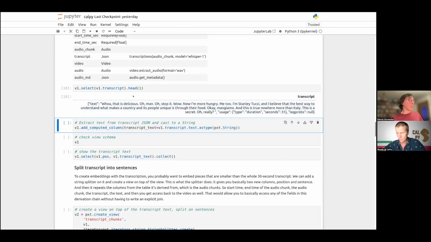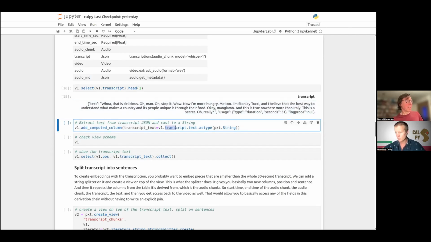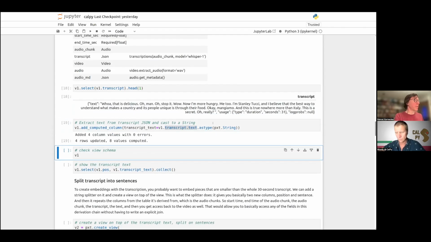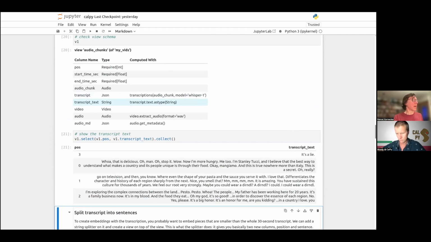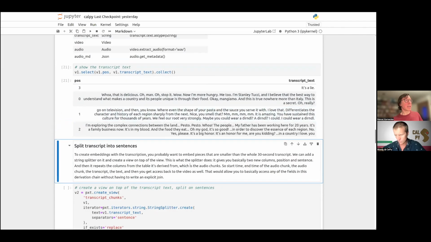And then what we did here is we're adding a computed column, transcript text, that simply contains a JSON path expression to pull out the text as a separate string column. Here you need to tell it what the actual data type is. So we do that, and now we have both the transcript and transcript text computed columns. This is what it looks like now. Here you have the transcript text pulled out directly, and now you can work with a string.